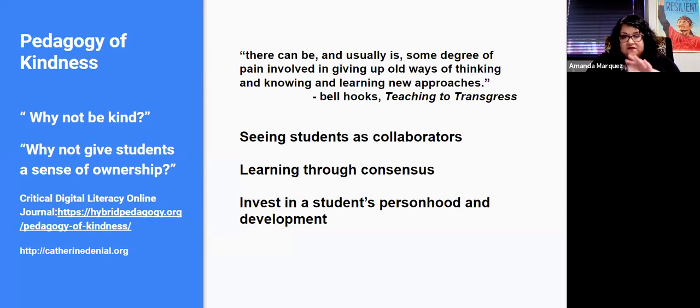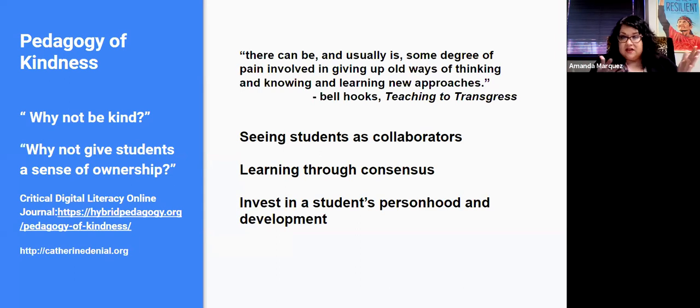So, like Jennifer mentioned earlier, looking at the student as a whole person. And just to reiterate, kindness does not equate to just being nice. Kindness can happen in many forms. For me, it's having honest and direct conversations with the students, finding ways to connect to them beyond the classroom.